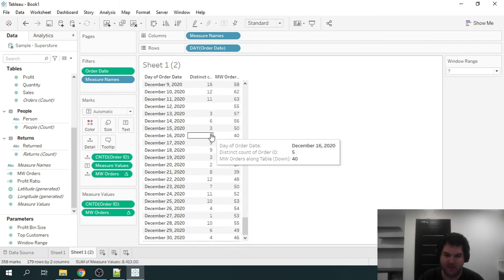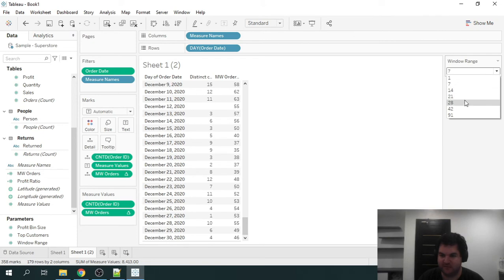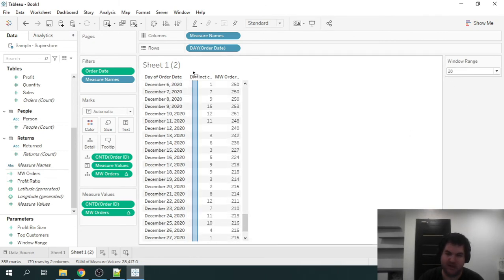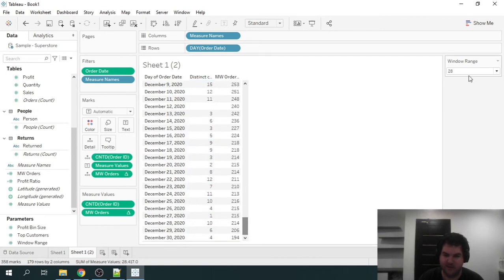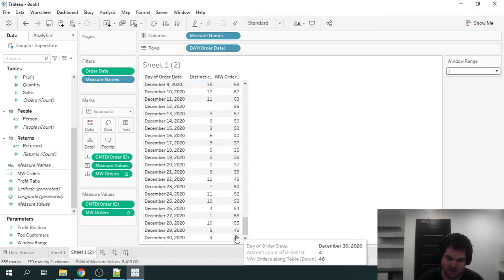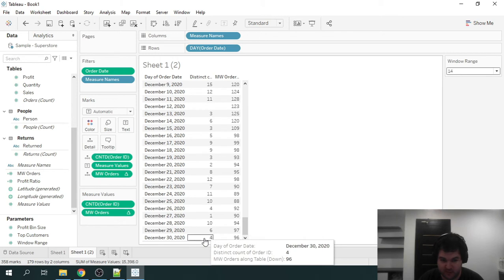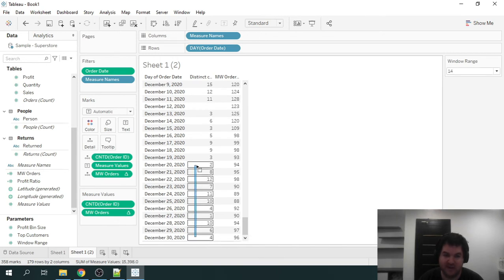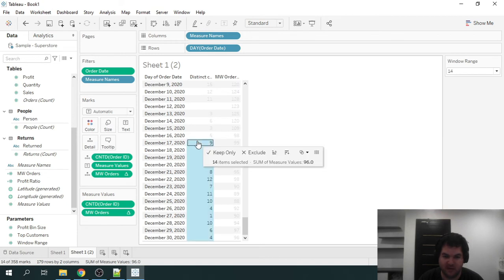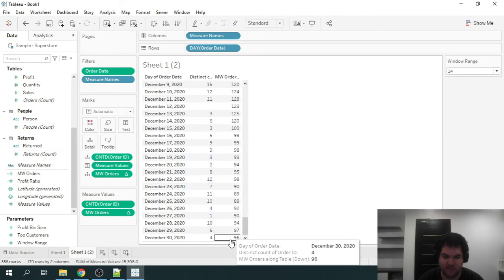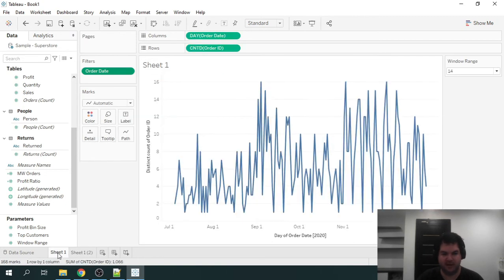Okay. Now, why is this important? Why is this helpful? By the way, if I change it to 28, it's now going to be 28 days back. We proved it with 7, so 28 will work as well. There's no need to check both. Maybe we do 14 just to push the point home. So we go 1, 2, 3, 4, 5, 6, 7, 8, 9, 10, 11, 12, 13, 14, 96, which is over there. Now, if we go back to this visualization,